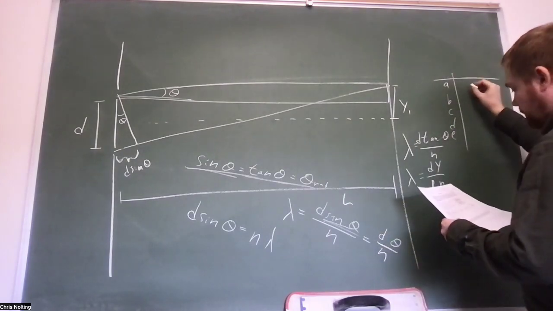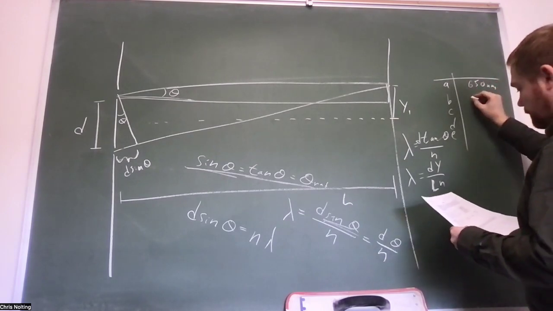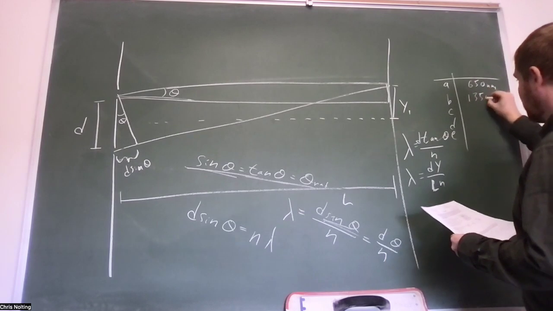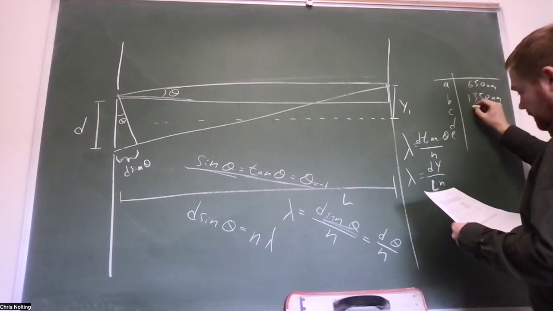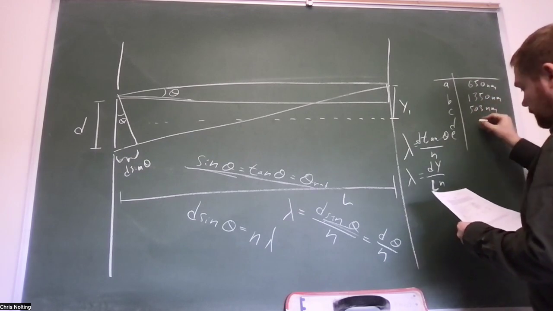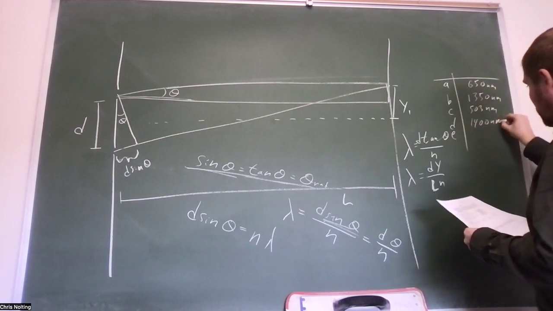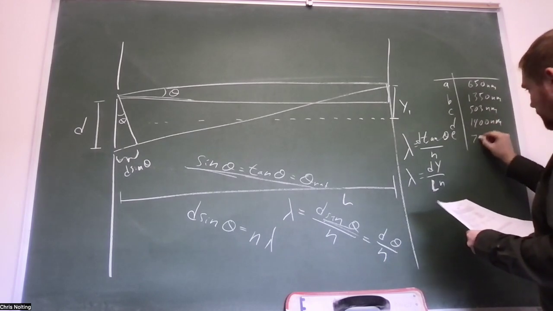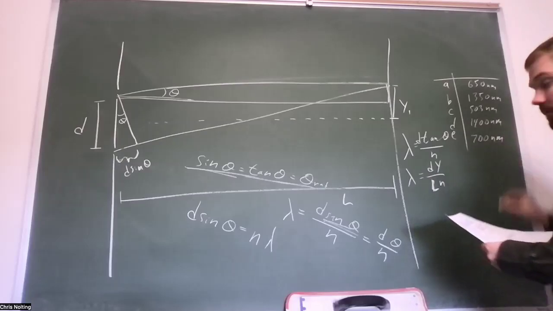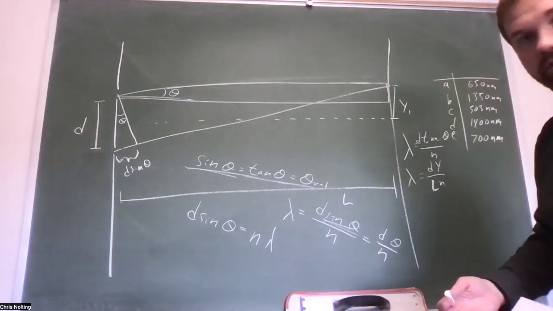The wavelengths would be something like 650 nanometers. This would be about 1350 nanometers. C, 503 nanometers. Then we'd get about 1400 nanometers. And lastly, 700 nanometers. And be careful as you plug these numbers in to double check all of this, that you're plugging in the right value of n,